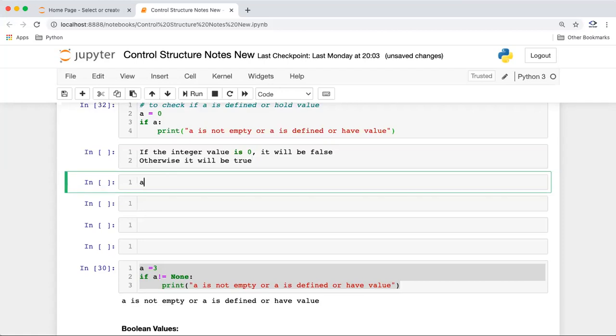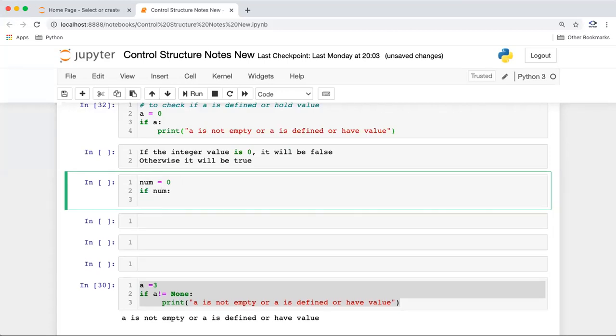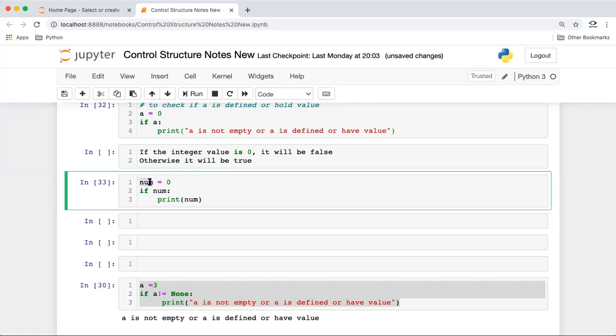So let us suppose I'm defining a number, say num equal to 0. 0 means false in Python. And if I'm saying if num, print num, what does it mean? 0 will be evaluated as false, so it will not print this because the condition is coming as false. 0 will be evaluated as false and None also will be evaluated as false.